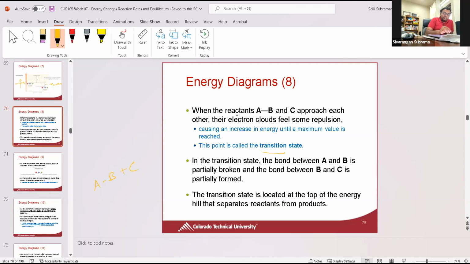You don't get A plus B-C at the snap of a finger. There is this transition where the bond between A-B breaks, and keep in mind, there are multiple molecules within this compound A-B and multiple molecules within the C. So gradually there is a transition, and at some point,